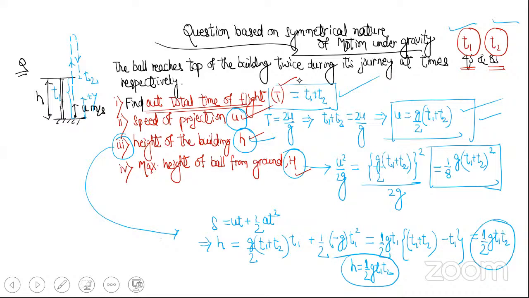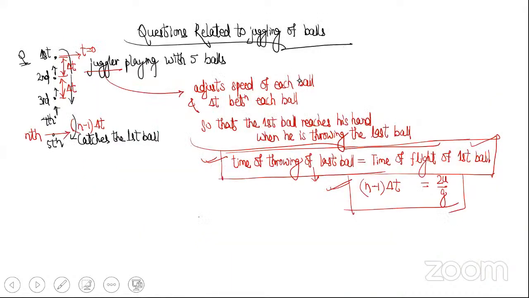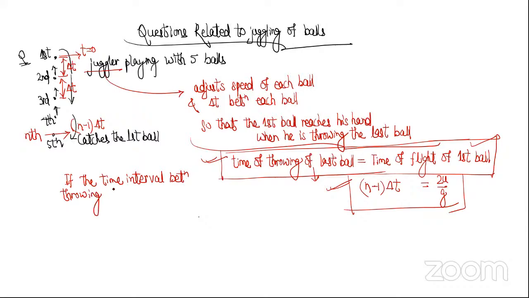Isn't it? Okay. So let's solve a question. Let's continue. So the question is, if the time interval between throwing of 2 balls is 0.5 second, then find out